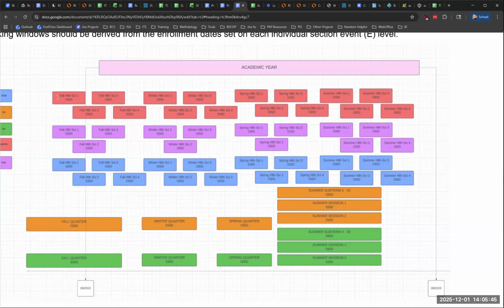And you can kind of see it's based on start dates and end dates, and this is kind of how things look together. Basically, this is very similar to what we all know as subterms in ISIS. The reason this matters